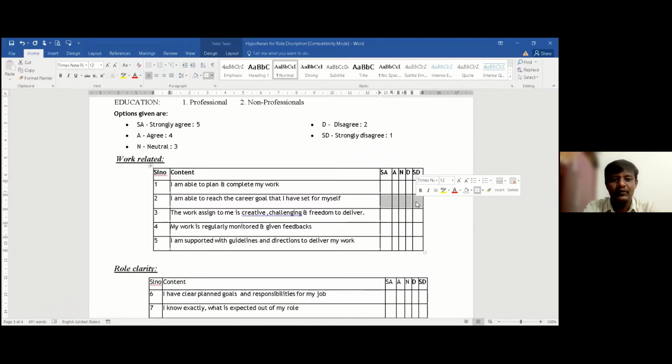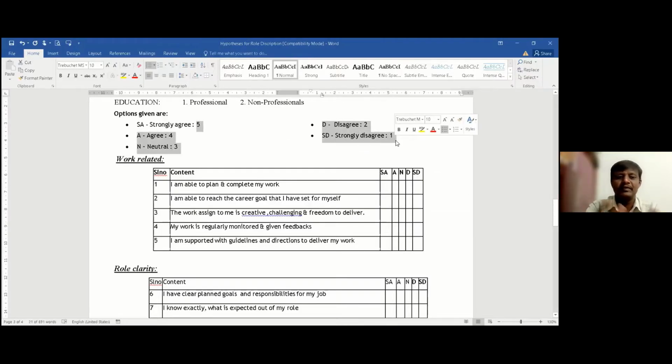How do I know what the average is? When we take the average of these 5 points, we will get 3. That is 5 plus 4 plus 3 plus 2 plus 1. 5 plus 4 is 9, 9 plus 3 is 12, 12 plus 2 is 14, 14 plus 1 is 15. 15 divided by 5 is equal to 3. So the average is 3.